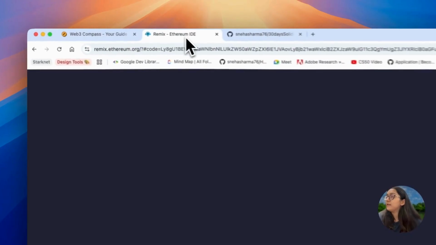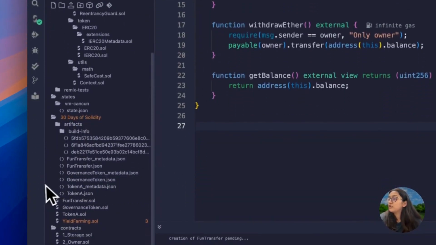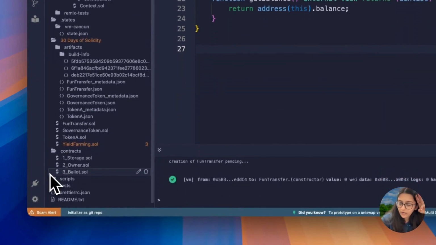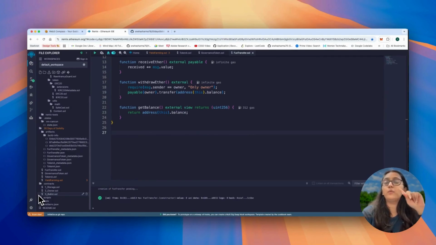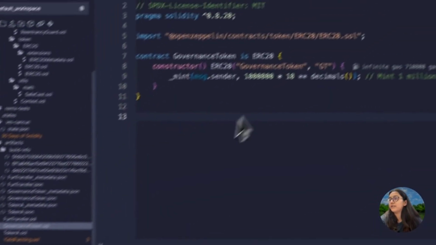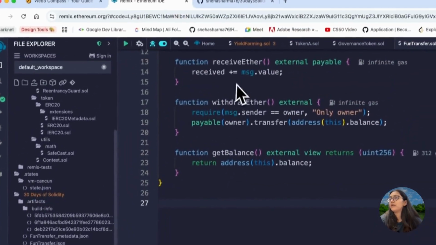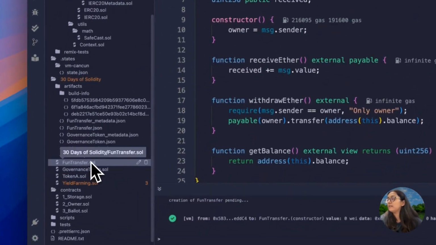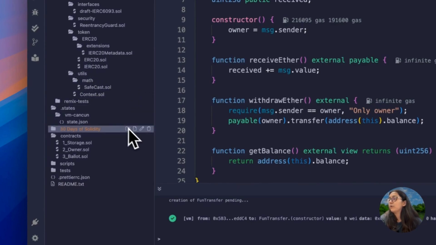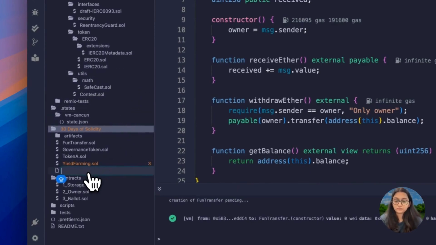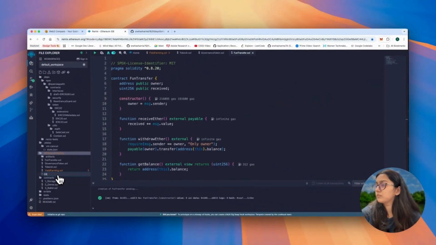We're happy to help. Now, today we'll have to write 3 smart contracts. Basically, we're writing one and we are using the previous ones that we've already talked about. One is the governance token. So we're creating a governance token so that we can stake or deposit that in the DAO. There's another thing called fund transfer. I'll talk about it later. And then there will be a main file which talks about decentralized